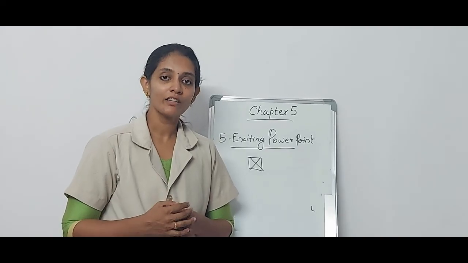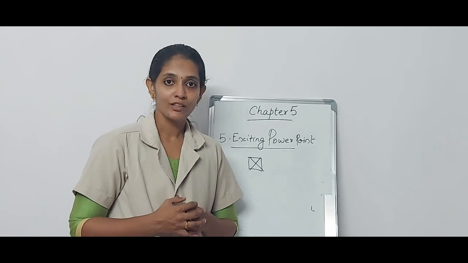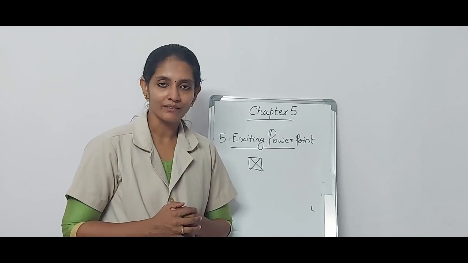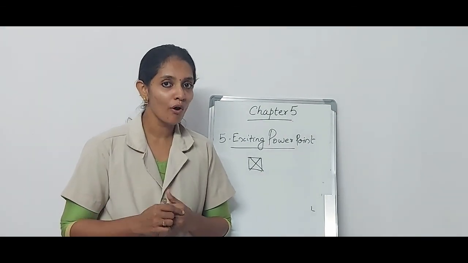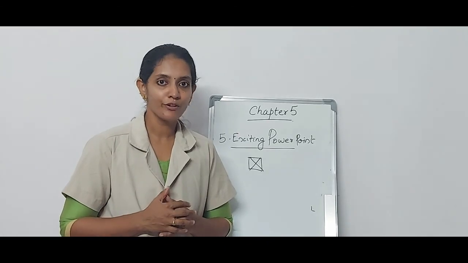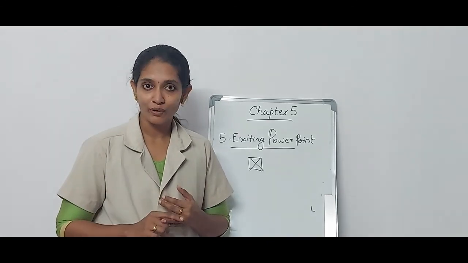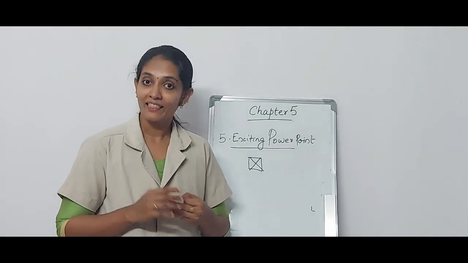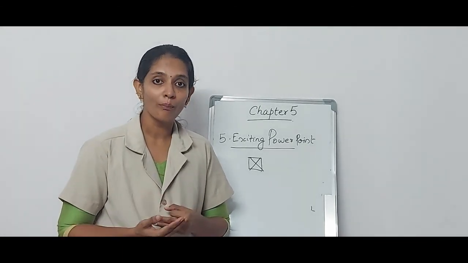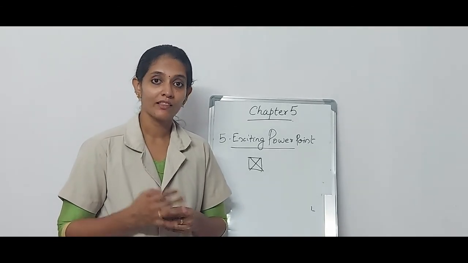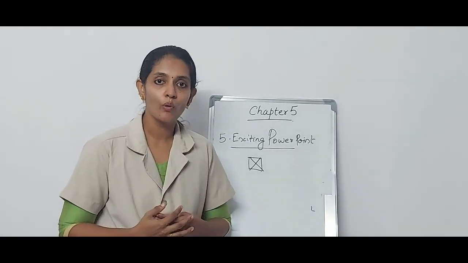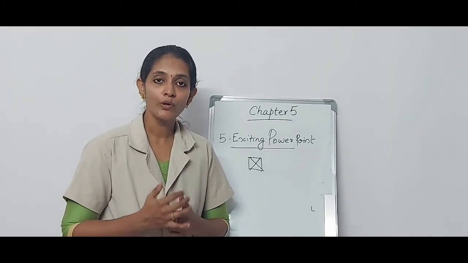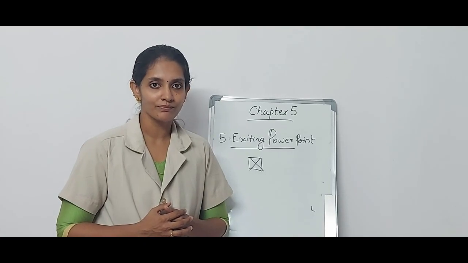Children, we have come to the end of today's session. Today we have learned 5 topics. First one, how to change the font and size of the text. Second one, how to save a PowerPoint presentation. Third one, how can we open a saved presentation. Then fourth one, how to close a PowerPoint presentation. At last, we have learned how to exit from a PowerPoint.